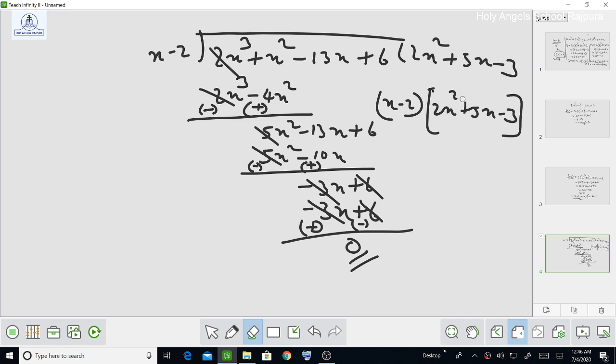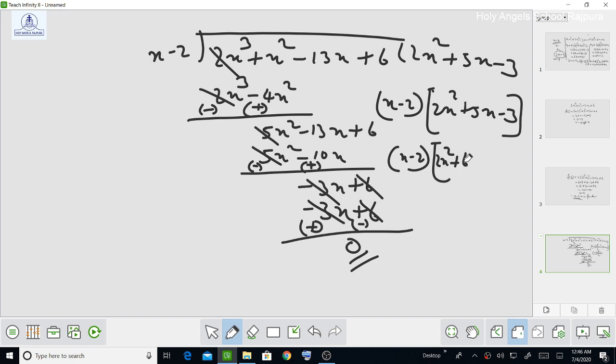Now, that is further factorization. It is a trinomial, the second bracket. I am factorizing only this using the sum-product rule: x minus 2 into 2x square